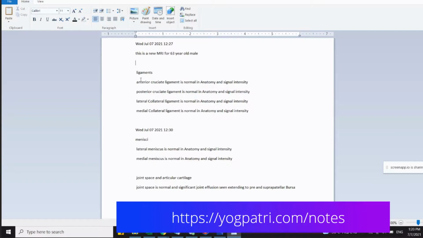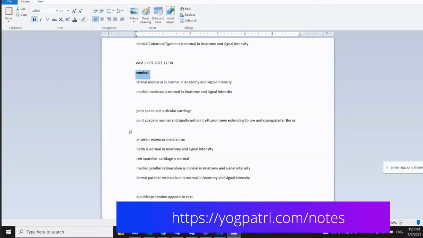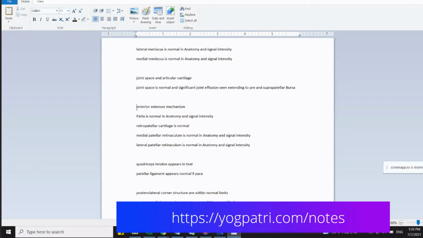So that is pretty easy. And so what I can do is I can just do this in bold, do this in bold. Just normal things, anatomy, and this is another mistake, it should be intact.